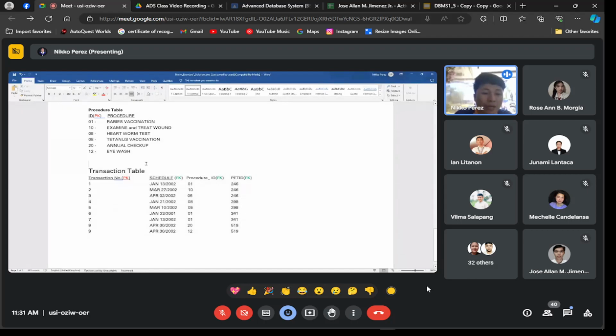So that is why I call it the transaction table. In our transaction table, of course, I created a transaction number, which became the primary key. Then the schedule, procedure, and pet ID are taken. So what we see in the transaction table are mostly numbers. But if we trace what these values are all about,